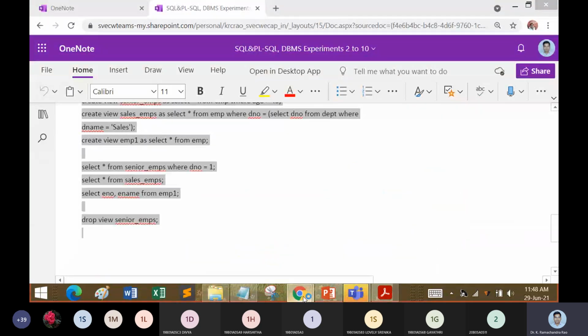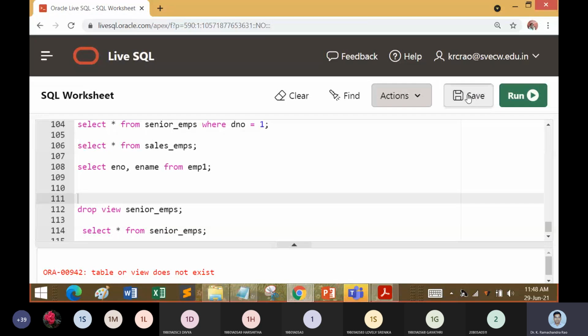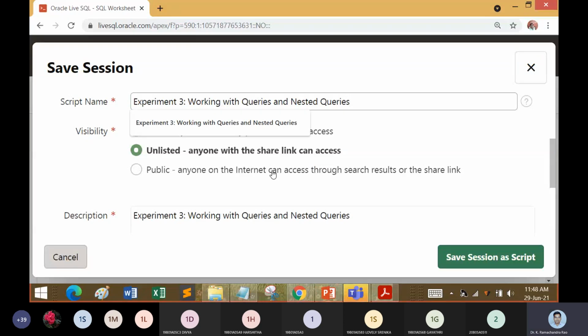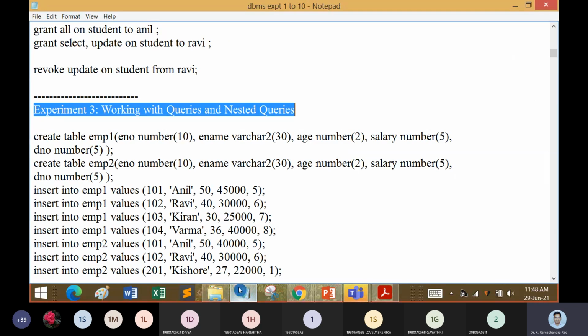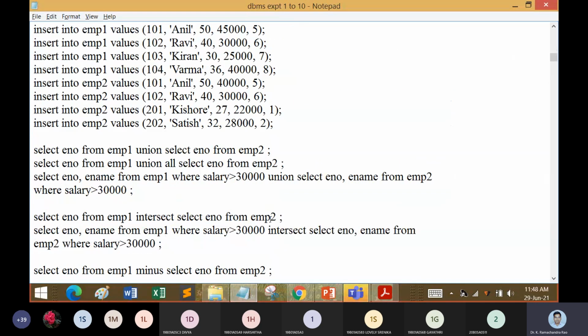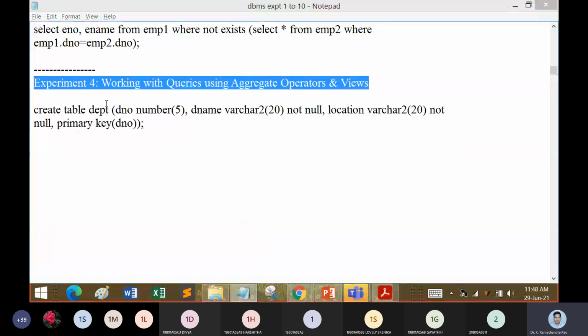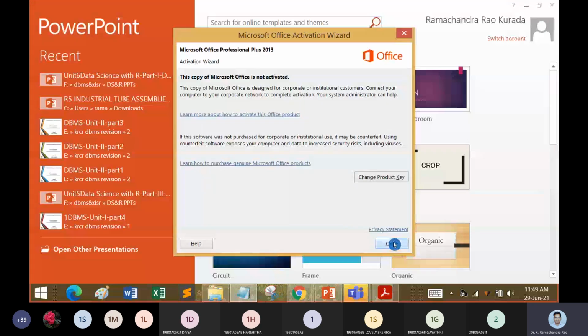We will save this session here. I think it is already taken up.